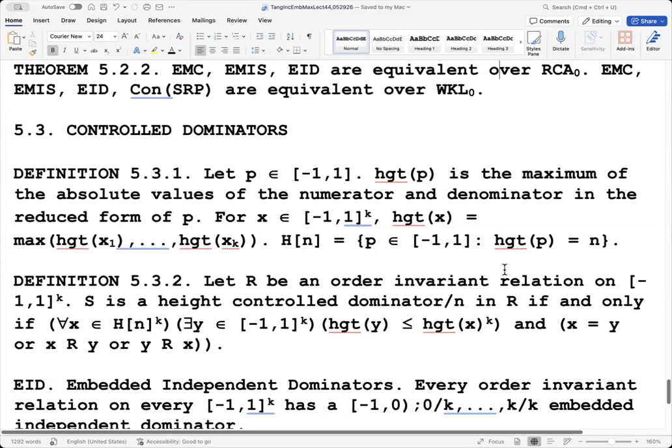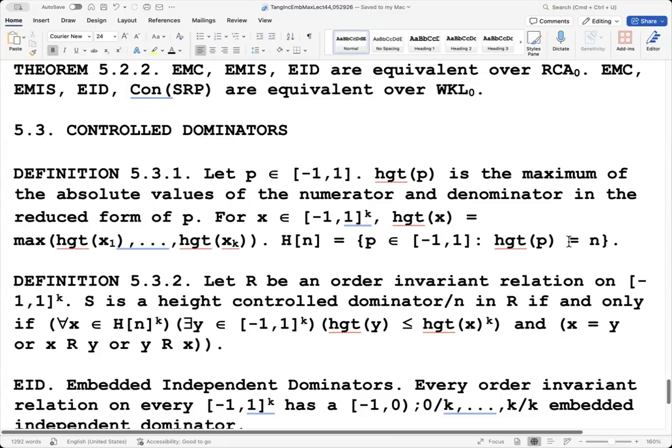Okay, so the height. This is totally standard. The height, or the naive height, sometimes called the naive height because the logarithmic height is also considered important. The height is the maximum of the absolute values of the numerator and denominator in the reduced form of the rational. And the height of a vector, a tuple, is the maximum of the heights of its coordinates. And also, it's useful to write capital H of n for the set of rationals whose height is